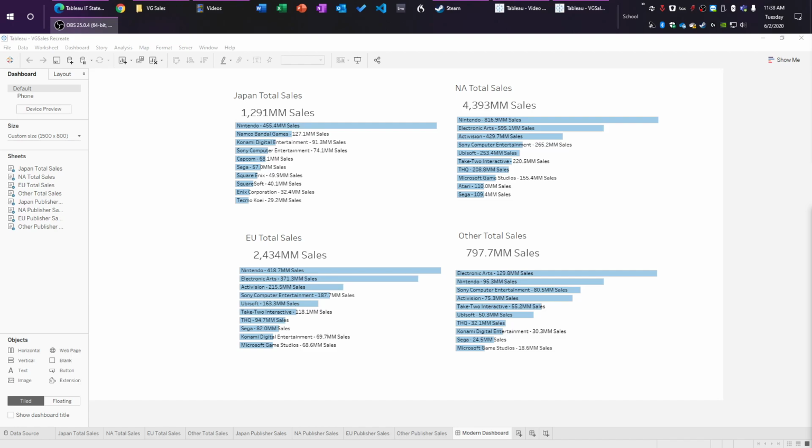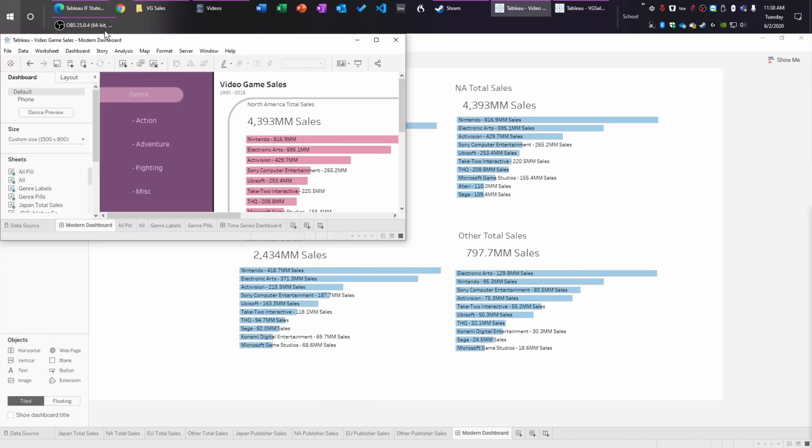This is part 2 in how to make a modern themed dashboard in Tableau Desktop. In this part, we're going to be covering how to make the pills on the left-hand side of the dashboard. I'll show you what I mean real quick. We're going to be making